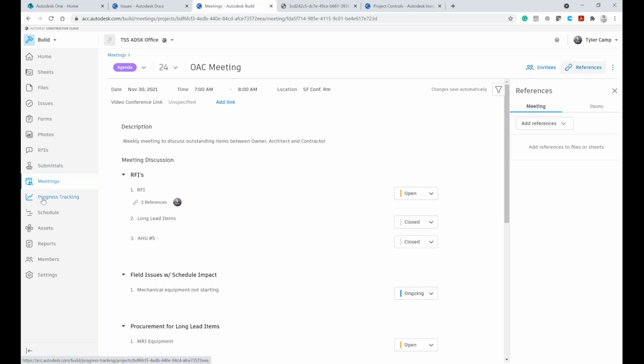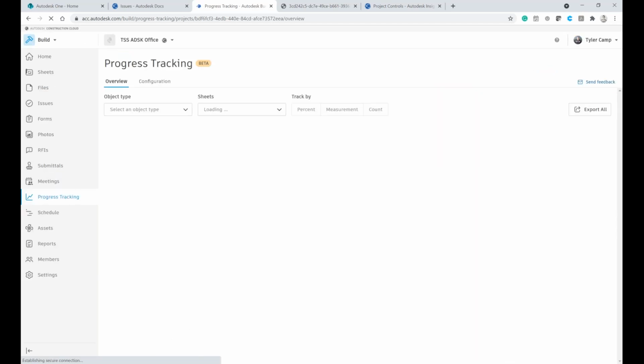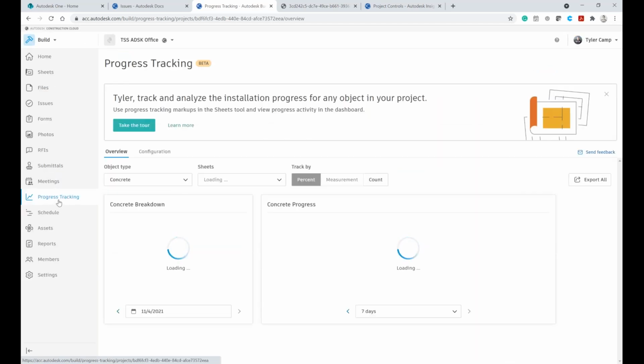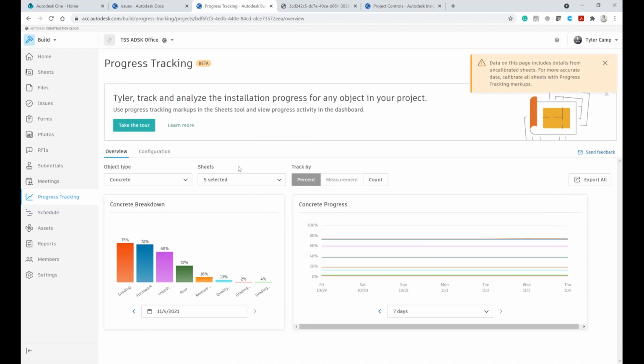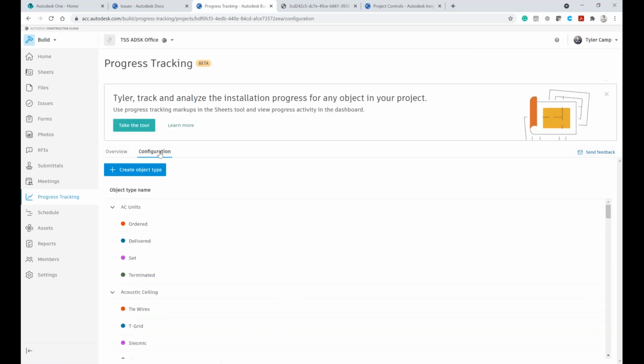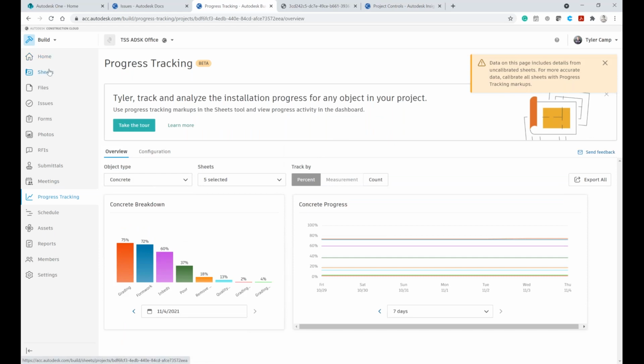The other thing that's included is progress tracking. Progress tracking is actually tied to your sheets and gives you the ability to keep track of concrete, by sheets and production. This is something I wanted to show you here and then hop back into sheets so it makes sense: you can come in here, configure what you want these to be and what you want to track. And if I come into sheets,